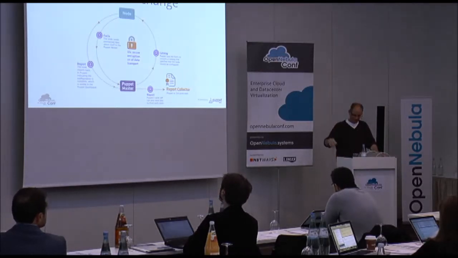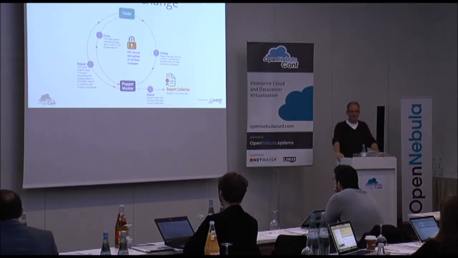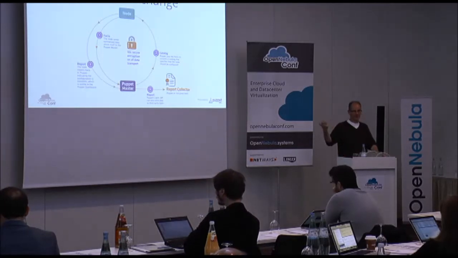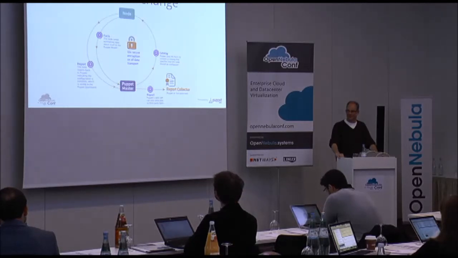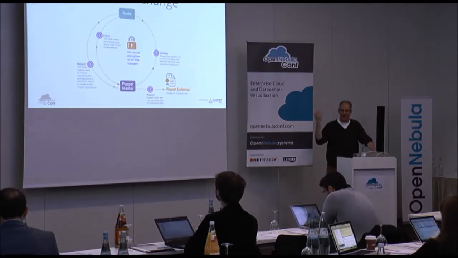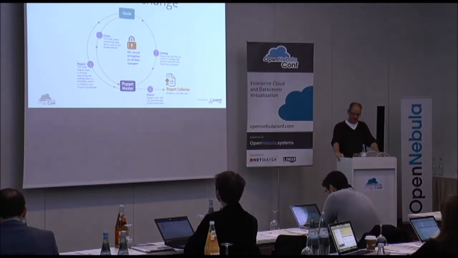The Puppet master dumps that report into some storage. These days the storage is usually something called PuppetDB. We also store things like catalogs and facts, not just reports, in there. Over time, this PuppetDB becomes a really valuable piece of your management infrastructure, because you can ask it questions like, which systems had failures in applying their configuration? What sort of things that I describe in my manifests actually cause failures? Which systems in my infrastructure are running a web server? All these things you can extract from the central storage. So having this sort of centralized view is really valuable.